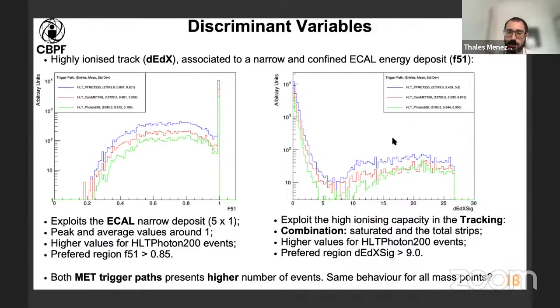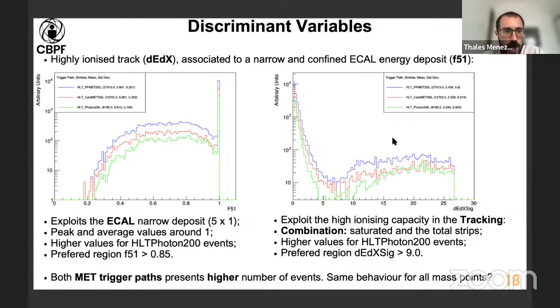And on the right side, the IDX deals with the combination of the total strips and the saturated ones. You can see that there are two very different regions. The first part, close to 0, is minimum ionizing particles without much ionization capacity. On the right side are the particles that we are most interested in, with a high ionization capacity. So two things that we can extract from this: we have the preferred region that we can define to study these monopole